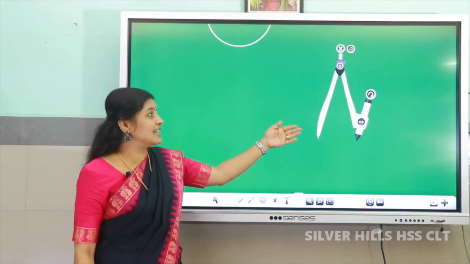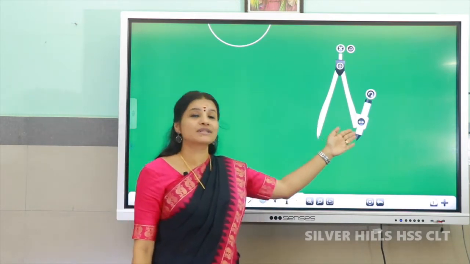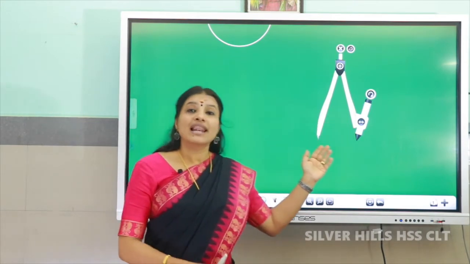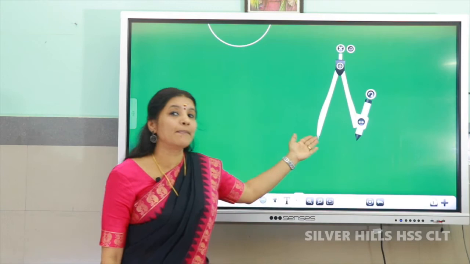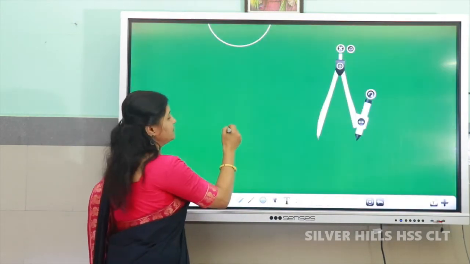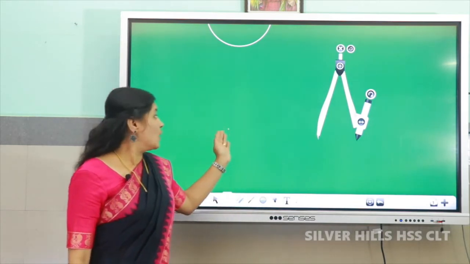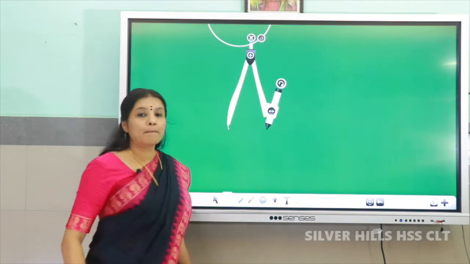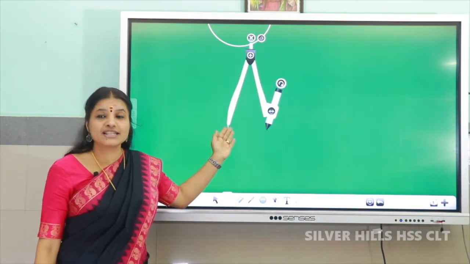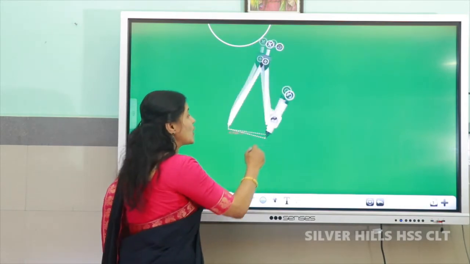To draw a circle, we use a tool compass. It has two arms, one metal arm and a pencil arm. Now let's learn how to draw a circle by using a compass. Mark a point. Place the compass on this marked point. Place the metal point of the compass on this fixed point and move the pencil arm around to draw a circle.